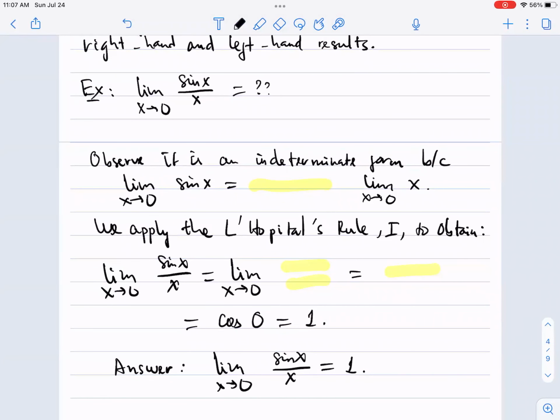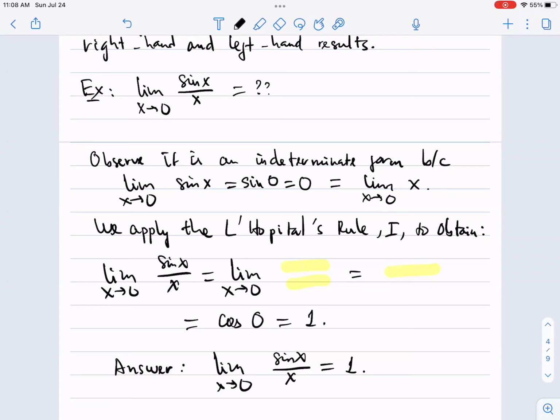First, we observe that this is an indeterminate form because the limit as x approaches 0 of sine x is equal to sine 0, which equals 0, which is also equal to the limit as x approaches 0 of the function x. That's why we can apply the L'Hopital rule part 1